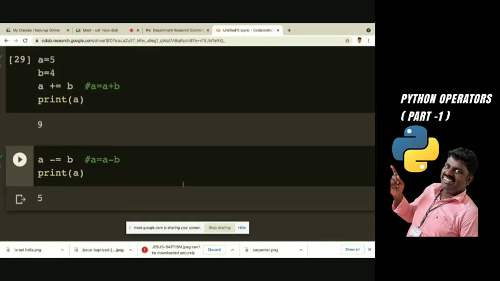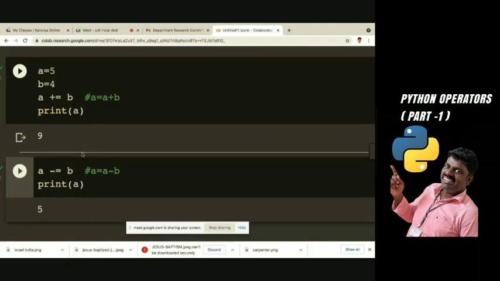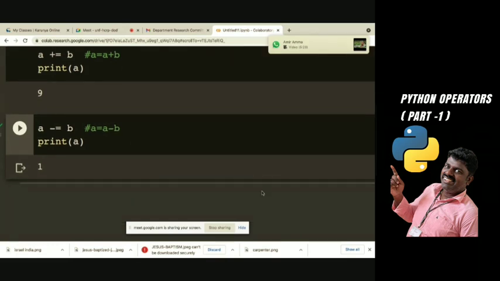So already B value is incremented. Okay, so 5 minus 4, that is 1, right? So A equal to A minus B, right?